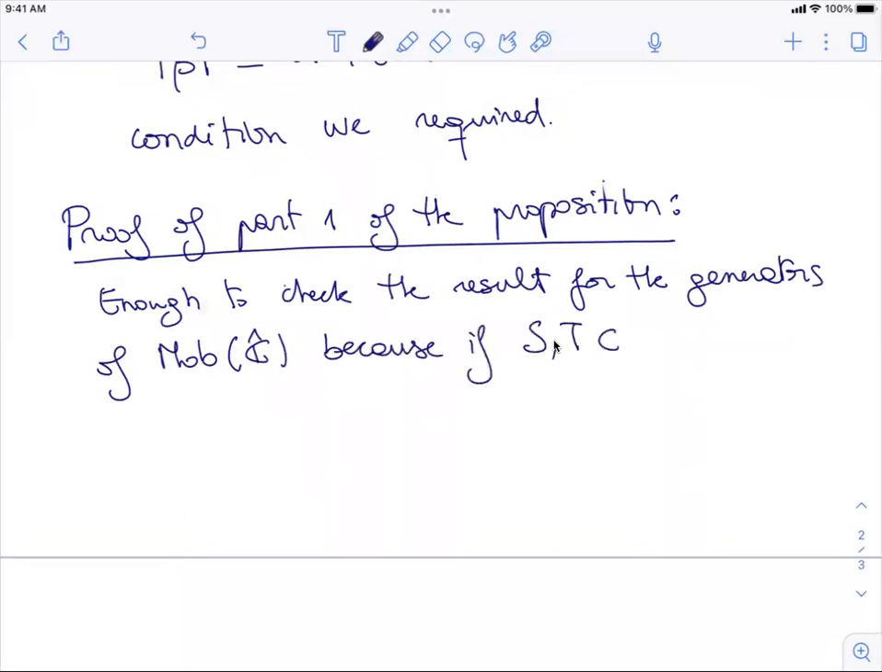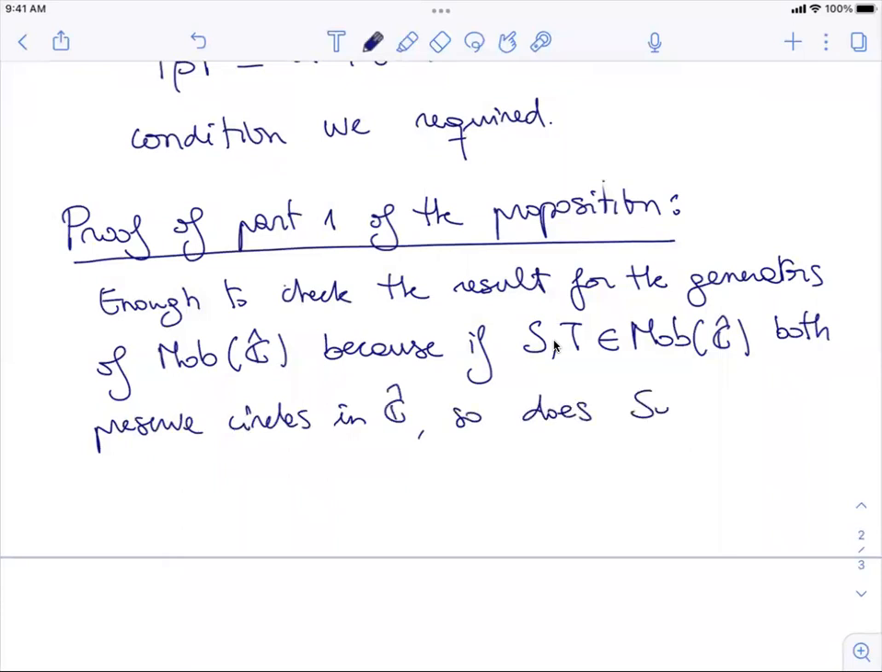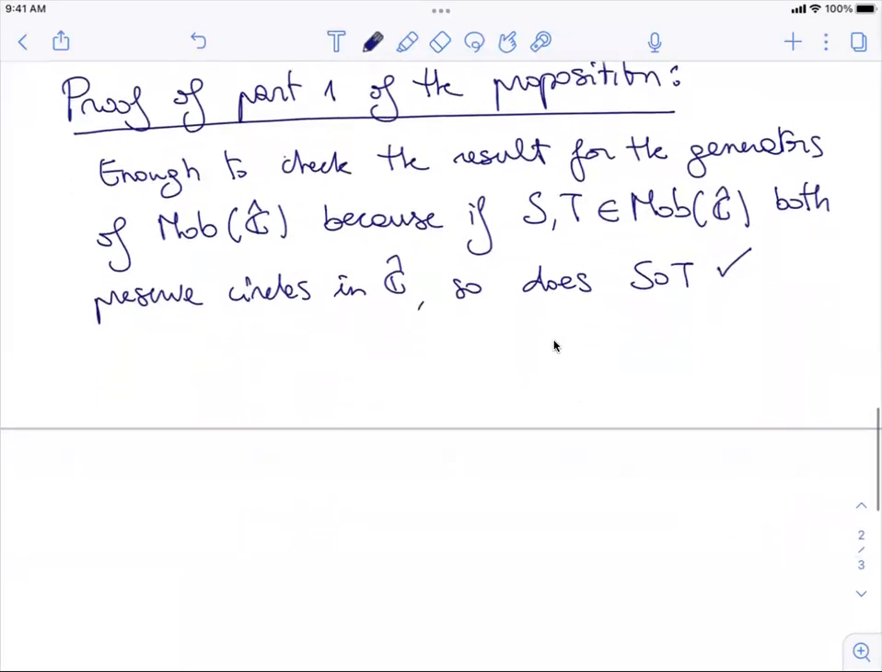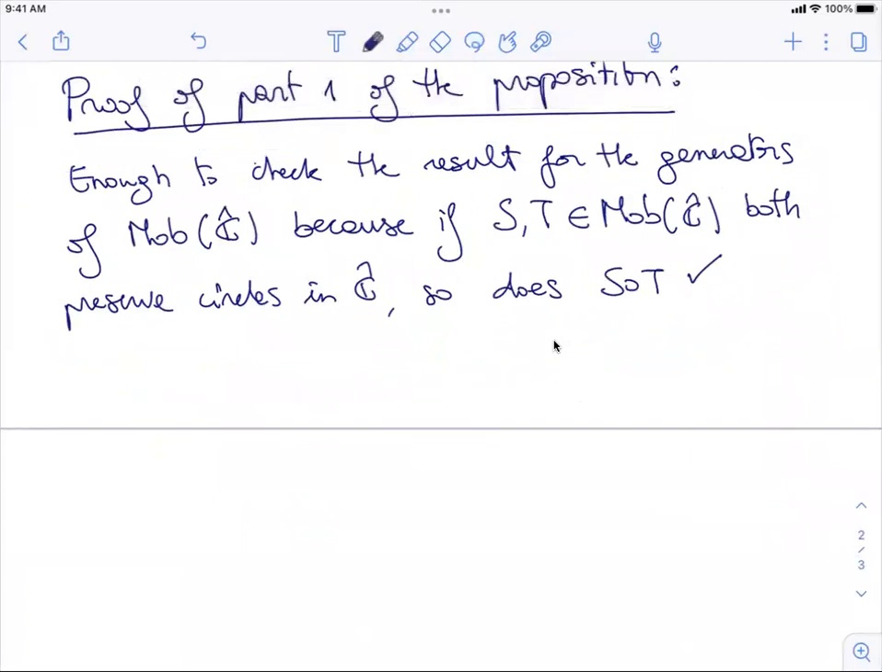because if S and T both are Mobius transforms, then the composition is a Mobius transform, and if they both preserve circles in C, so does the composition. Okay, so this is the typical trick. You want to check a property for Mobius transforms, just check it for the generators of the group. Remember, the generators